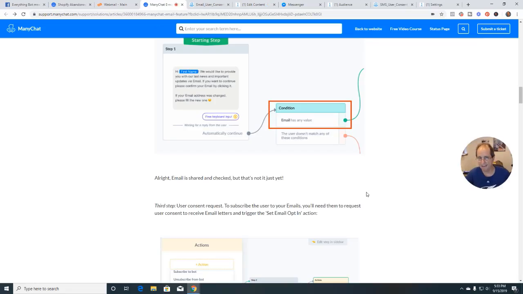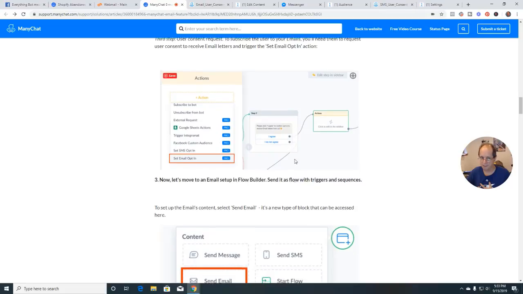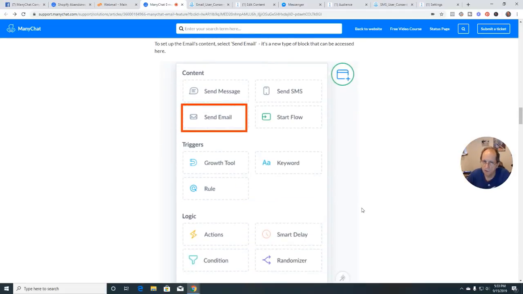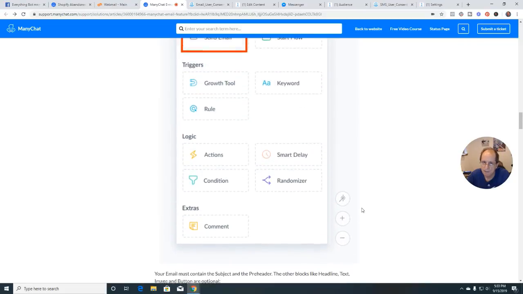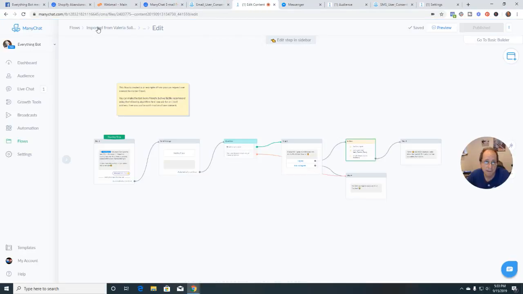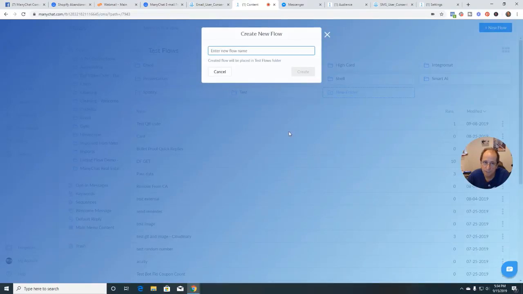Go back to the document from ManyChat. So the user consent request, and so I requested it, and yep, I got that in. Now let's move to an email setup in Flow Builder. So let's say we want to send them an email. All right. We're going to go through this part right here. So what you're going to do is we're going to go in here and create a flow. So we're going to create a flow